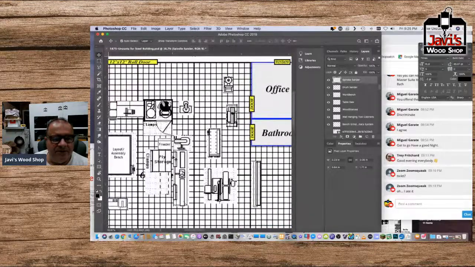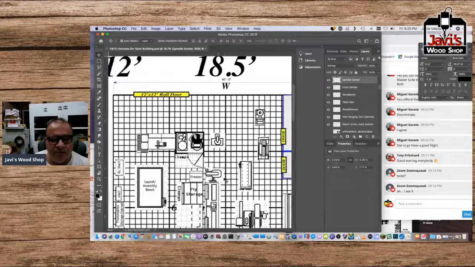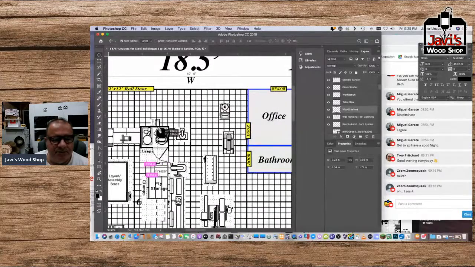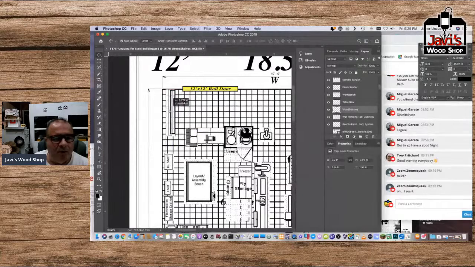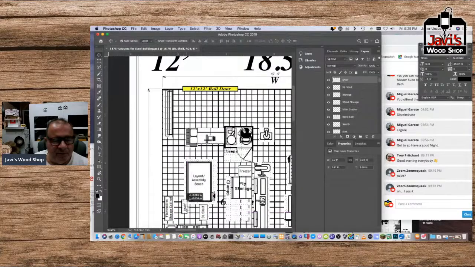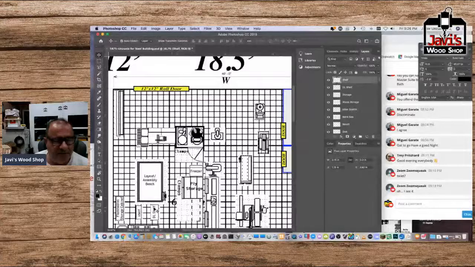Okay, if I drive, assuming I drive my car in through here, then the wood storage makes sense to have it right up against the wall here. So let me do that. Wood storage right up against this wall. Okay. We can put shelves anywhere we want. You know what? This whole area will be for shelves. So this whole area, let me put,